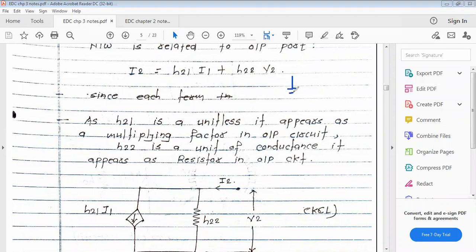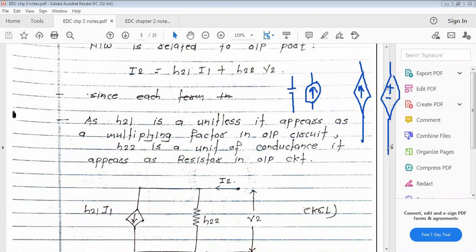If it is a voltage source, we can show it like this. If it is a current source, we can show it like this with a circle. But that is for independent sources. When we study the dependent source, we always show it with a diamond shape. If it is a current, we have to show the direction of current. If it is a dependent voltage source, we have to show it with plus and minus signs. That is the standard notation, or standard rules, we have to follow in circuits and networks to represent the source.